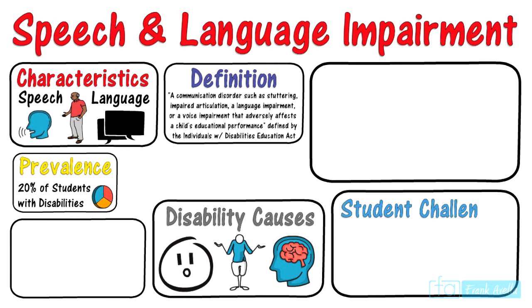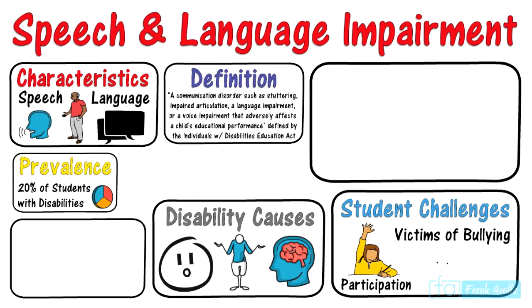The next topic of the presentation covers some of the challenges these students will face. These children may have difficulties expressing themselves, and therefore they don't feel confident speaking up in the classroom, and they do not participate much in discussions. These students are often quiet and shy, and unfortunately, they are frequently targets of bullying. They don't speak up for themselves.